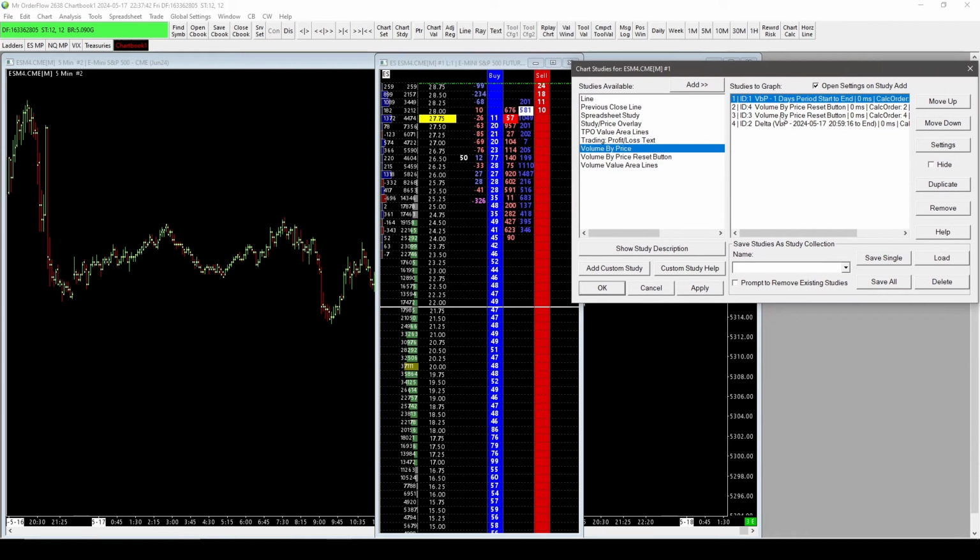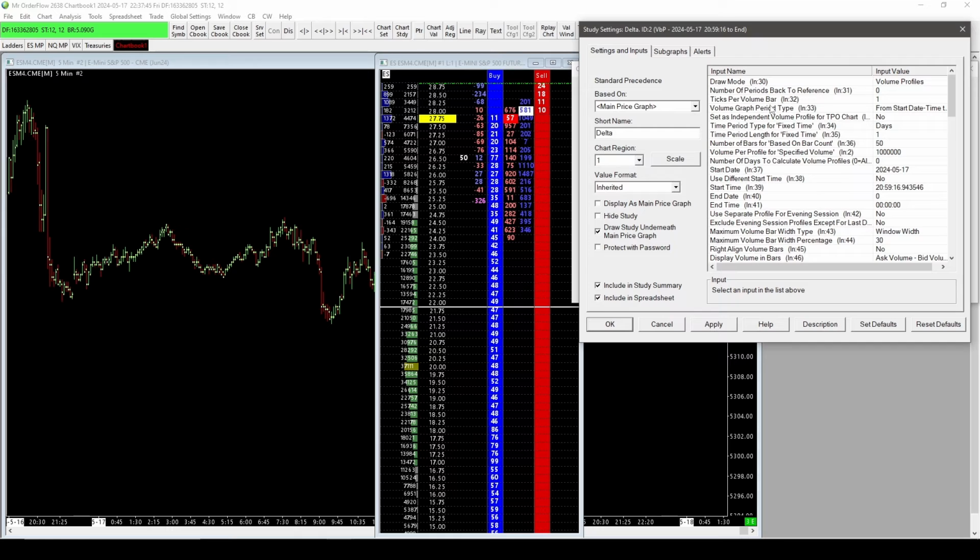Now delta is next. Okay, we'll go into delta. Now, depending on how you've configured this, I typically prefer to have delta on the left and volume profile on the right. If you prefer to have it the opposite way, where you're going to have volume profile on the left and delta on the right, you maybe not even want to know the numbers. It all just depends on your personal preference for how you want to set it up. But this is going to be how I've got it configured, as I find it's easy for me to look at. Okay,